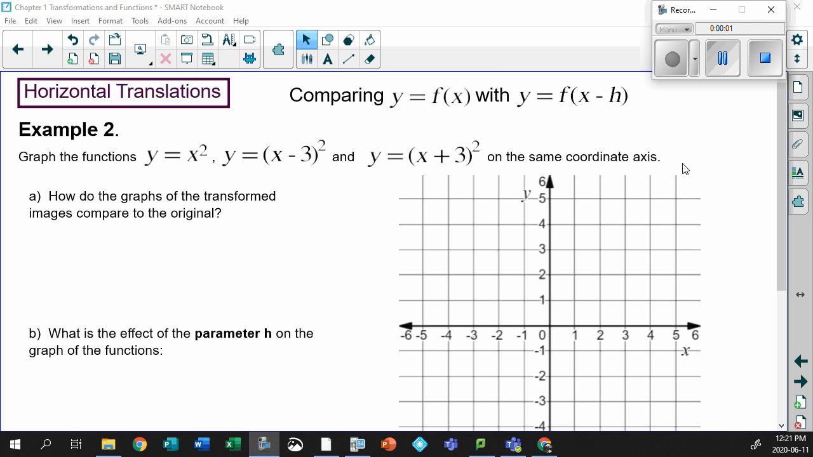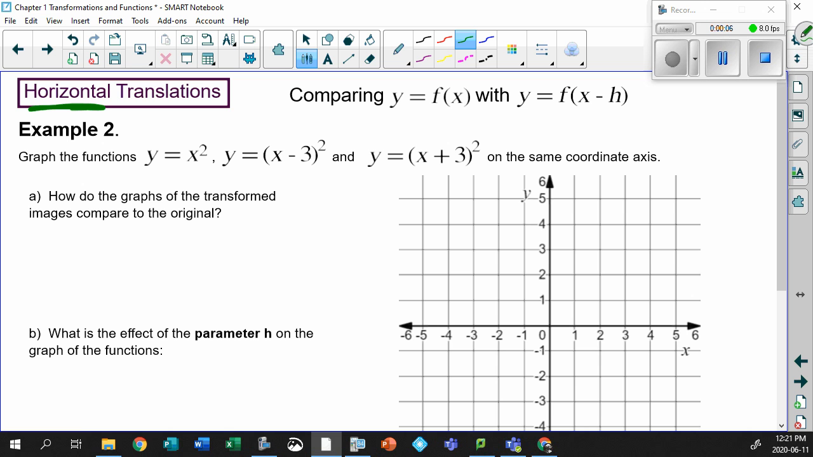Do you remember the horizontal translations from Math 20-1? Horizontal meaning moving, right and left, right? Do you remember where they were? They were inside. For example, if I looked at that old formula of a(x - p)² + q, remember